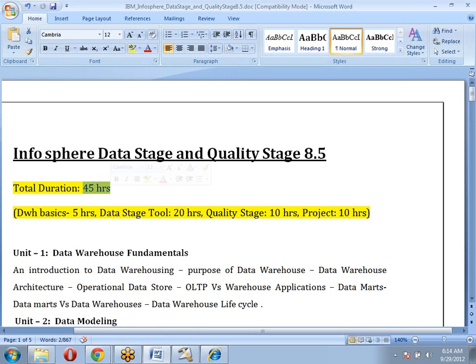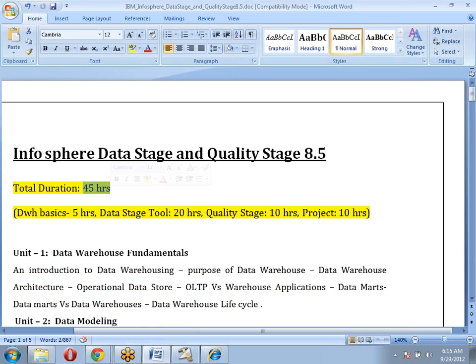Yeah, I'm looking for more complex jobs. Basic steps I know and basic stages also I know. So I'm more interested in the 8.7 and 8.5 stages regarding XML and the new stages they added, checksum and pivot, all these things. So how many jobs are you going to cover in the class? Will I get an idea of just the basic jobs, or are you going to handle more complex jobs also?